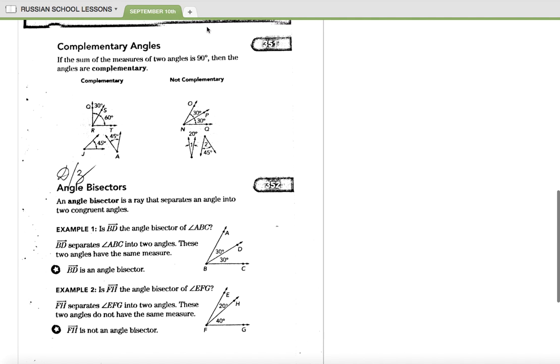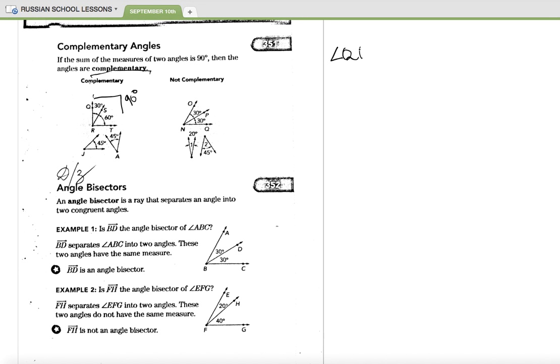Complementary angles. If the sum of the measures of two angles is 90 degrees, then they are called complementary. Complementary angles. You see here QRT, 30 plus 60, it's going to be 90 degrees. So angle QRS, 30, and angle SRT, 60, they are complementary because